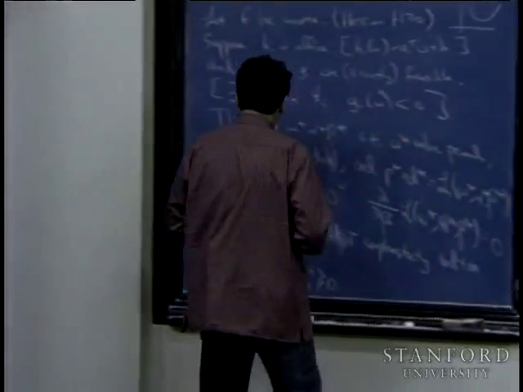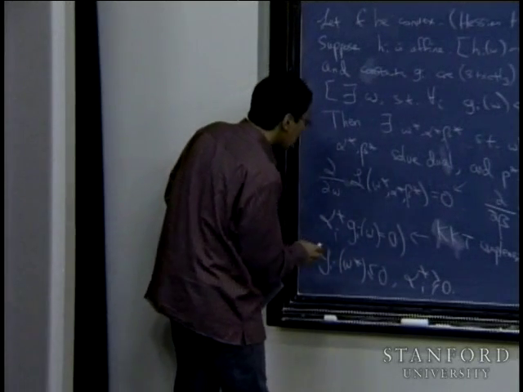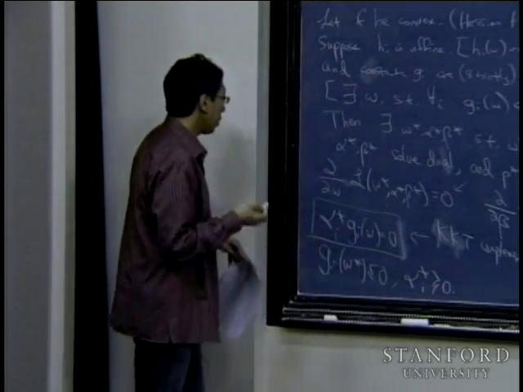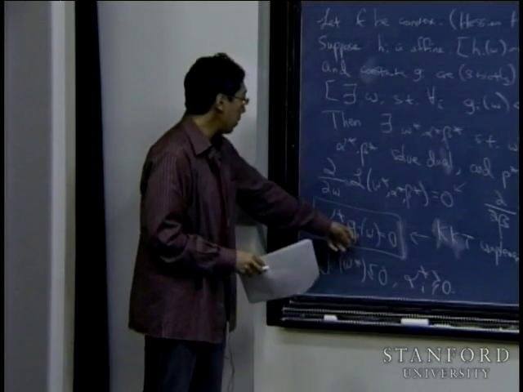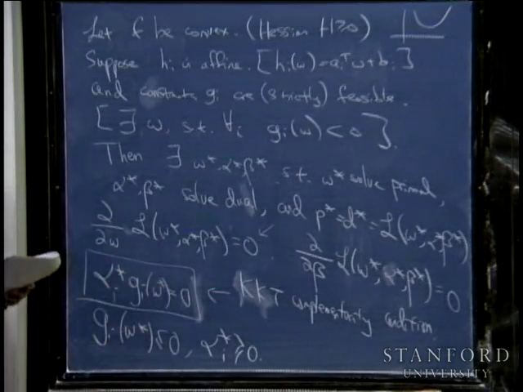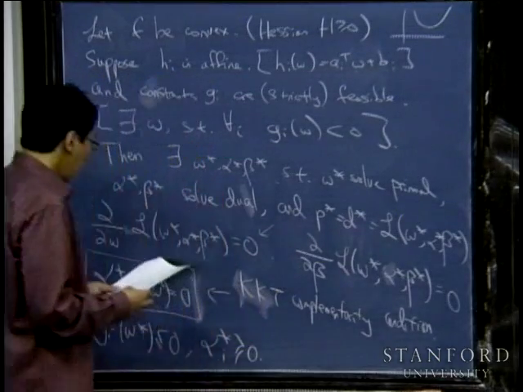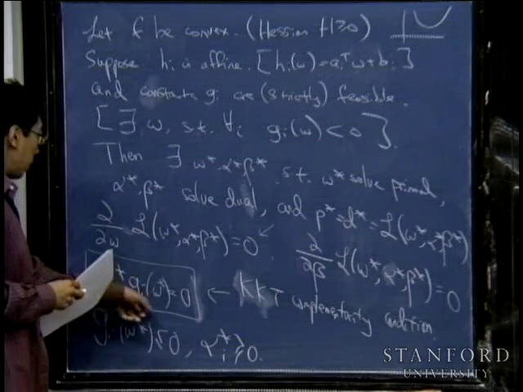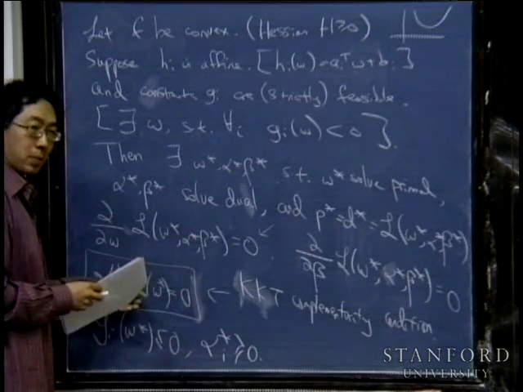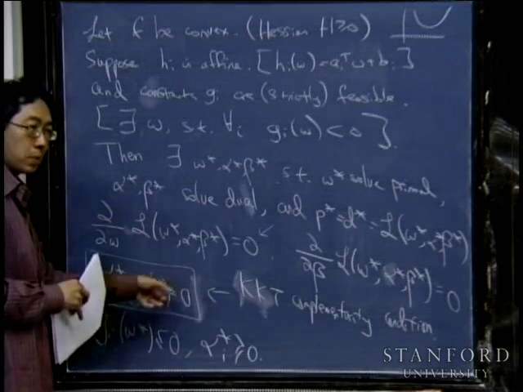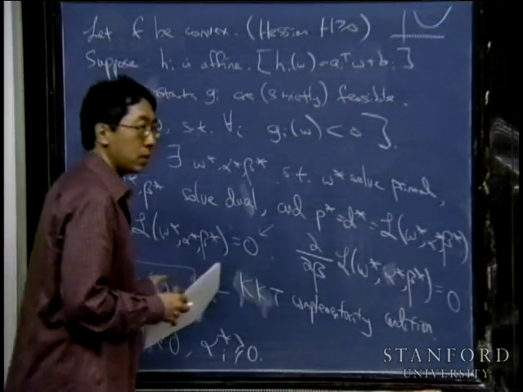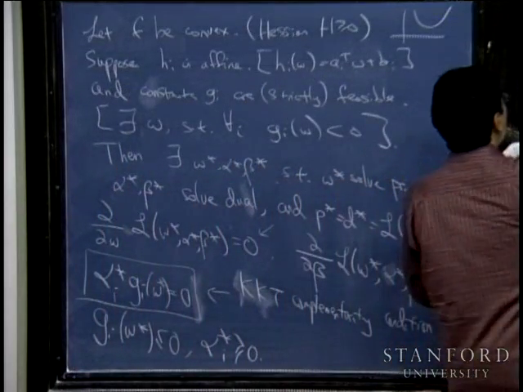I just want to say one word about this KKT complementarity condition. That condition that, at your solution, you must have that alpha star_i times g_i of w is equal to 0. So let's see. If the product of two numbers is equal to 0, that means that at least one of these things must be equal to 0, right? For the product of two things to be equal to 0, either alpha_i or g_i is equal to 0, right? So what that implies is that